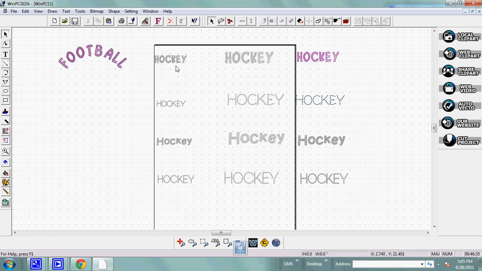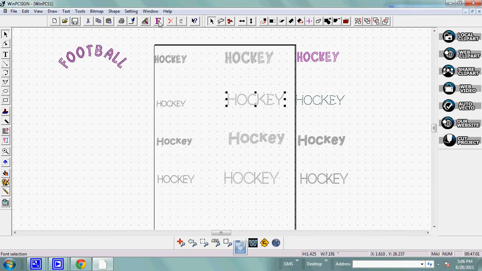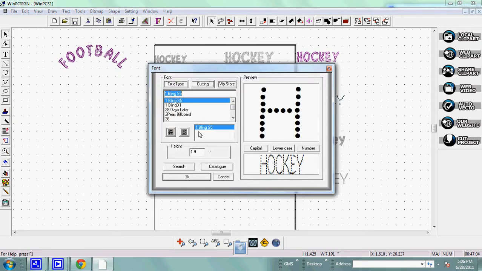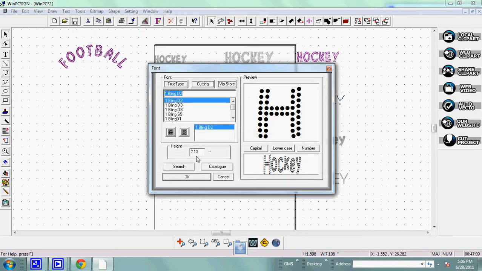Let's say that you want to reduce the size of your design to a smaller size overall and a smaller size rhinestone. So these are all sized again for an SS10 stone. We typed it in at this size. We changed the size according to the chart to the correct size. And again, this is a 1.9 for the OneBling S5. And again, this one is sized at 2.13 for the